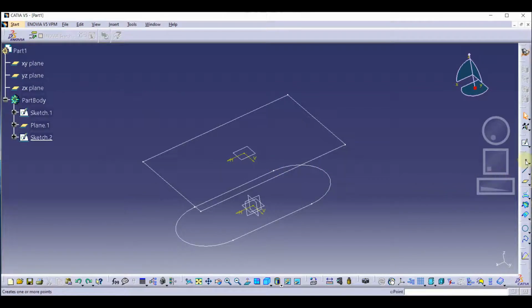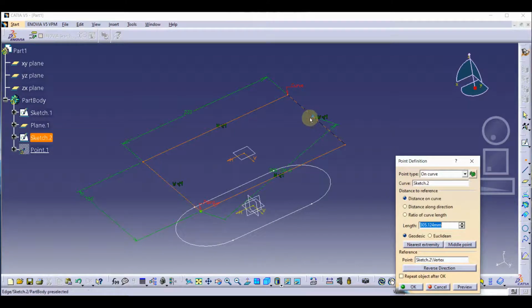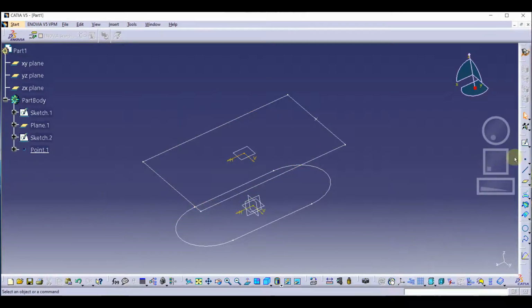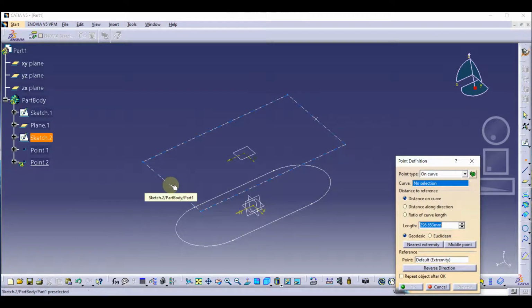Now we are going to add the points. I am choosing this section and I am going to provide the point. Okay, press OK. Same, we are going to provide the point.